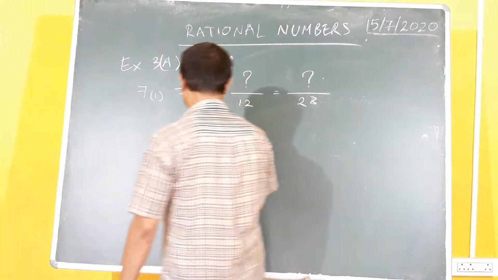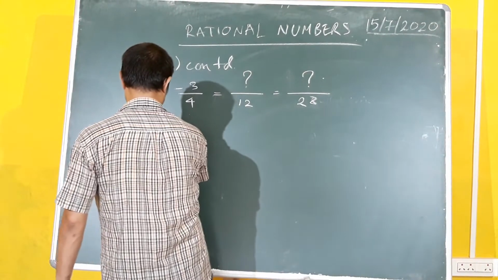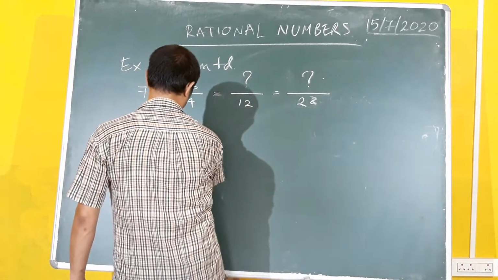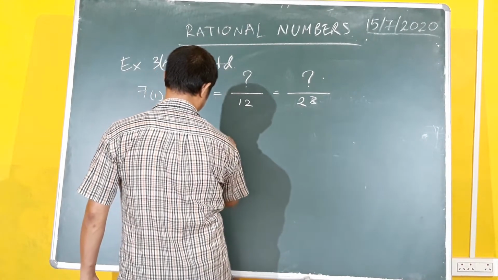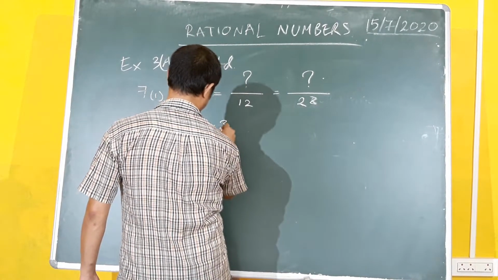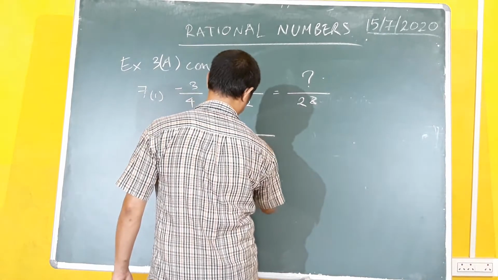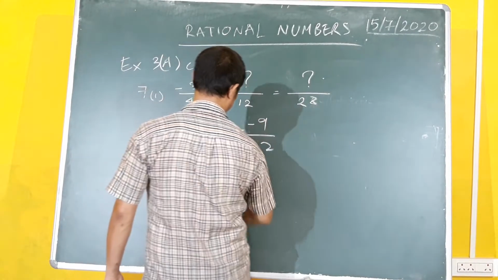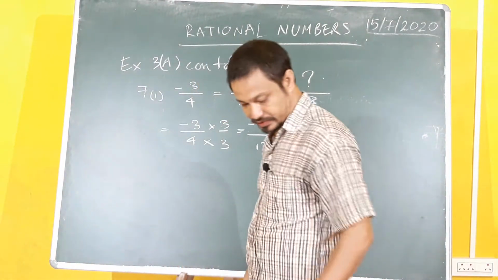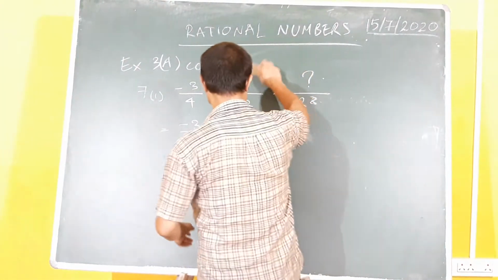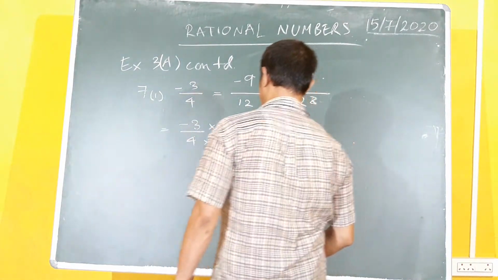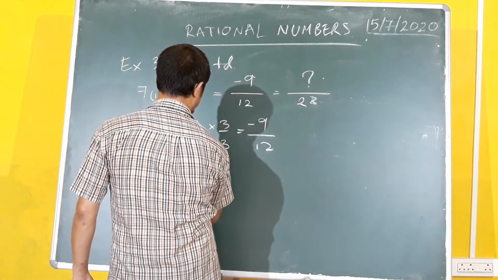Okay. So let's do the first one. So it's minus 3 upon 4. If you multiply it by 3 into 3, you get 4 3s are 12, 3 3s are 9, plus into minus, minus. So the first thing that we have out here is minus 9. That blank is filled.